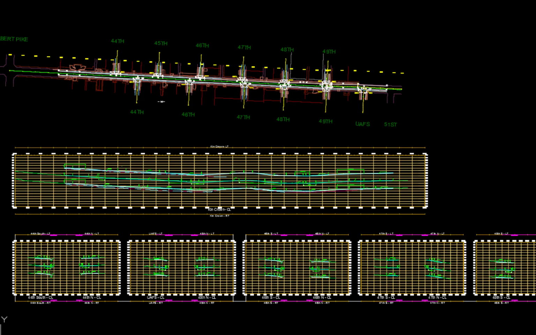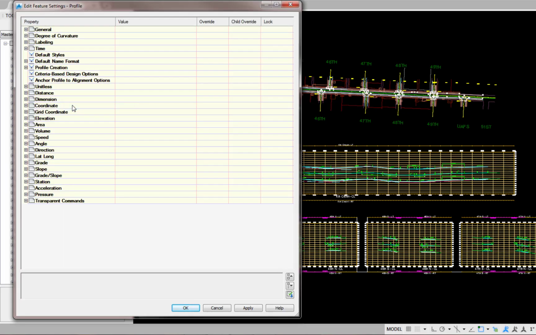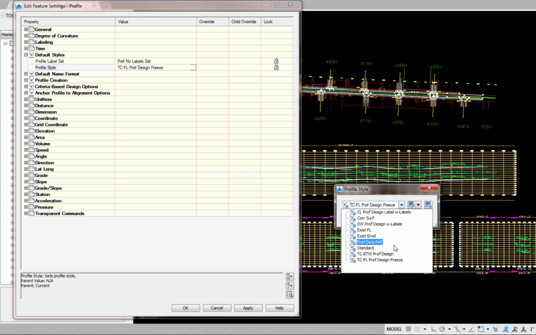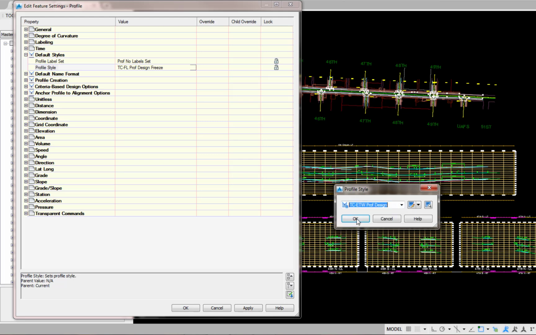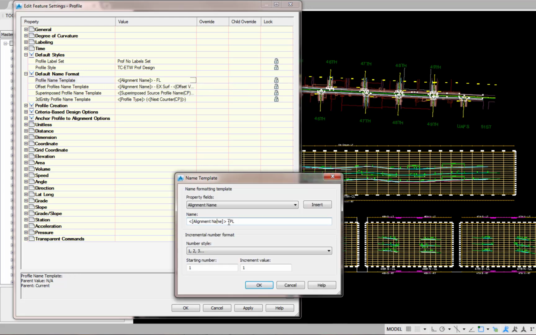of the curb return. Profile defaults: Settings tab, right-click Profile, Edit Feature Settings, Default Styles, Profile Label Set, Profile No Label Set, Profile Style, pick the current style, select TC ETW Profile Design, OK. Default Name Format, Name Template, pick the current name, Alignment Name, replace FL with TC,